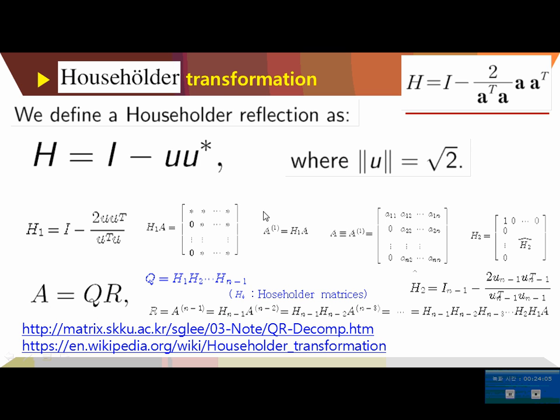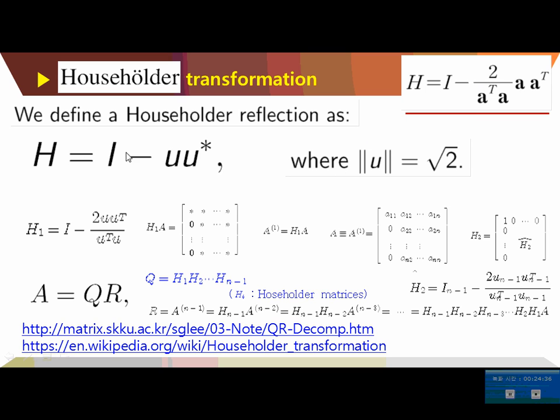What is the Hessenberg form? Okay, I will first think about this Householder transformation. Let H be this matrix with the vector A. If we have an n by 1 vector, then n by 1 times A transpose, which is 1 by n, is going to be an n by n matrix. And A transpose A is a scalar. So this is an n by n matrix, and this is an n by n matrix. So I minus this matrix is also an n by n matrix.